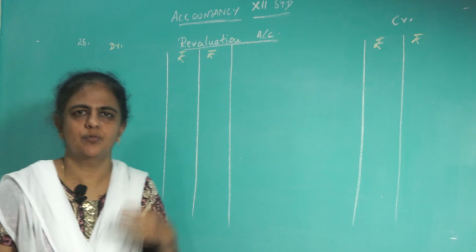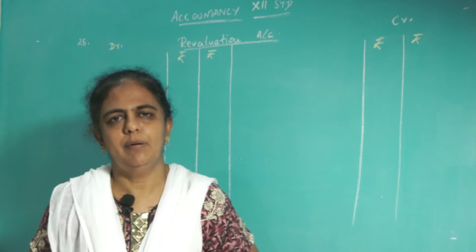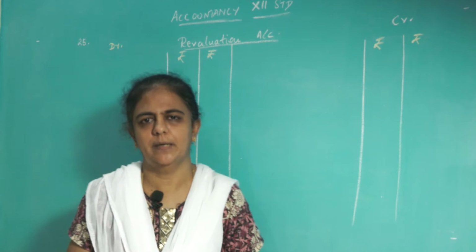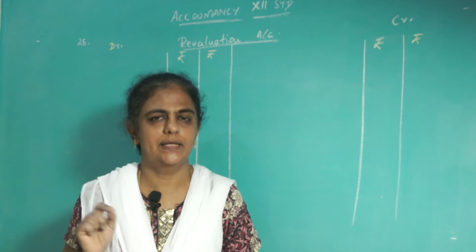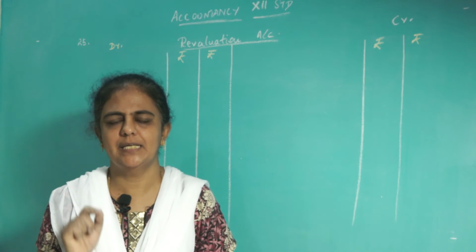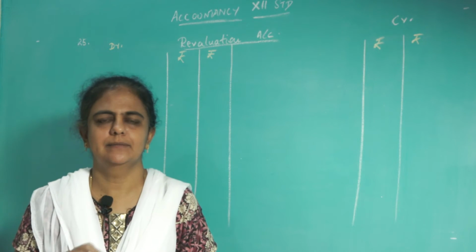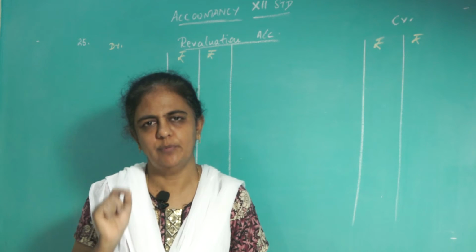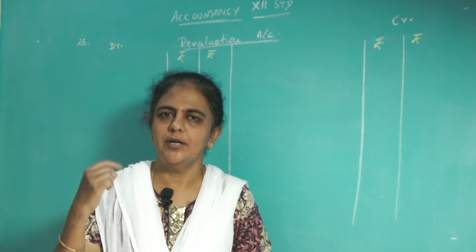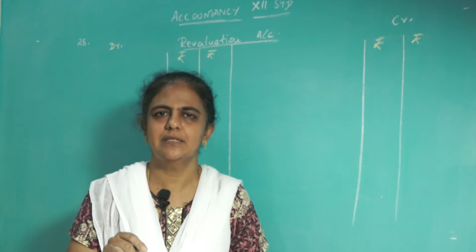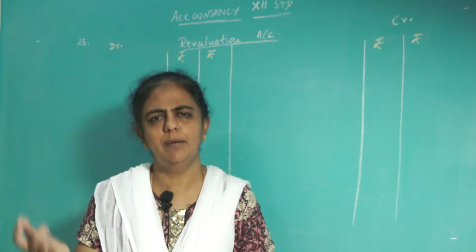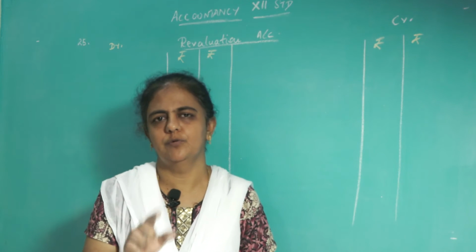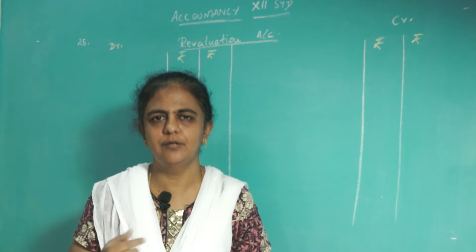So, we will see the adjustments one by one. The first one is the capital brought in by Sukumar, that is a new partner, that you do not take, that you leave it off. Go to the next one. Stock to be valued at rupees 20,000. You have to be very careful with each and every word given in the question. Stock to be valued at rupees 20,000, that means the present value of stock is 20,000 rupees. Now the value is 20,000, so at the beginning of the year what was the value? Go to the balance sheet, see the value of stock. Stock value is 25,000, from 25,000 it has been reduced to 20,000.